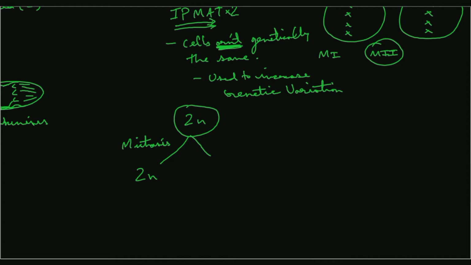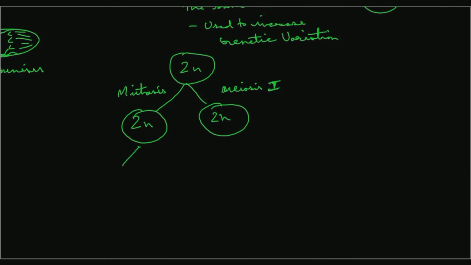Okay, but it's called meiosis 1. So this is meiosis 1. But it's the same as mitosis, so don't get it confused, okay? So it's just gonna split up into 2n, both sides. And then these are actually gonna split up into n, so there's not going to be any replication here,